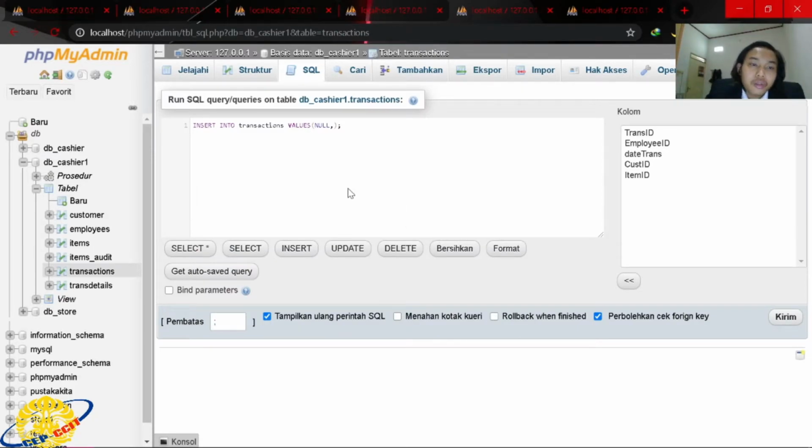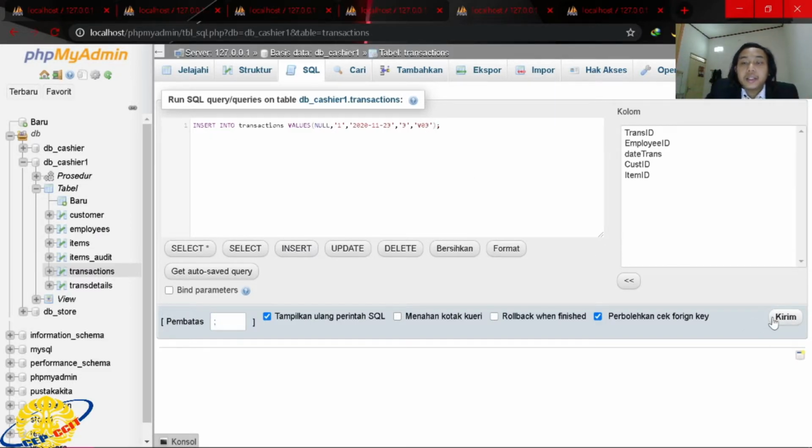Okay, now I will show you insert into transactions values. The transaction ID is null because of auto increment, and then the employee ID is 1, the date trans is 2023-11-21, the customer ID is 3, the item ID is V03 for example.